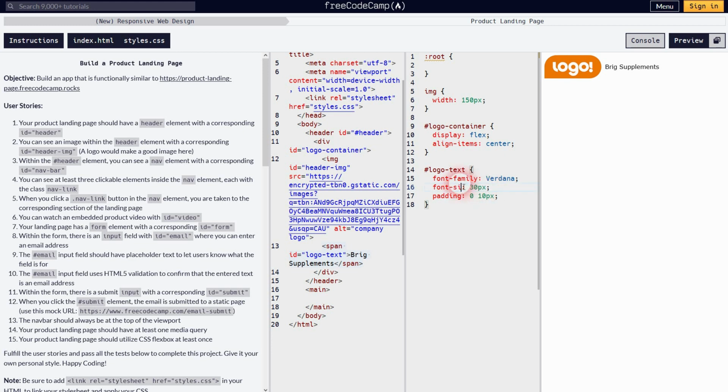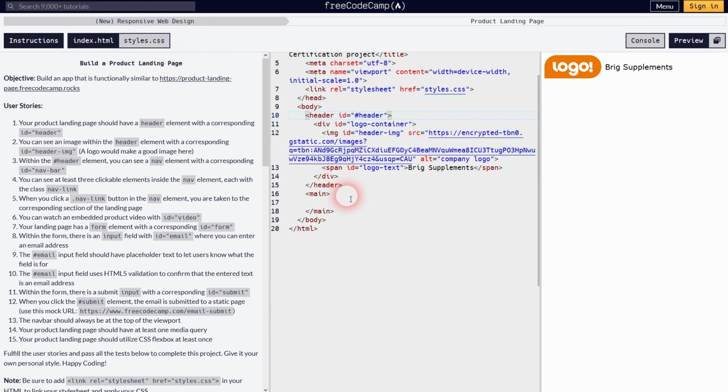But it should be size, not font weight. My mistake here. So let me fix the property to font size. And I'll make it maybe 20. So that it looks a little bit better. And we are done at least with this div container. And we can go to the next